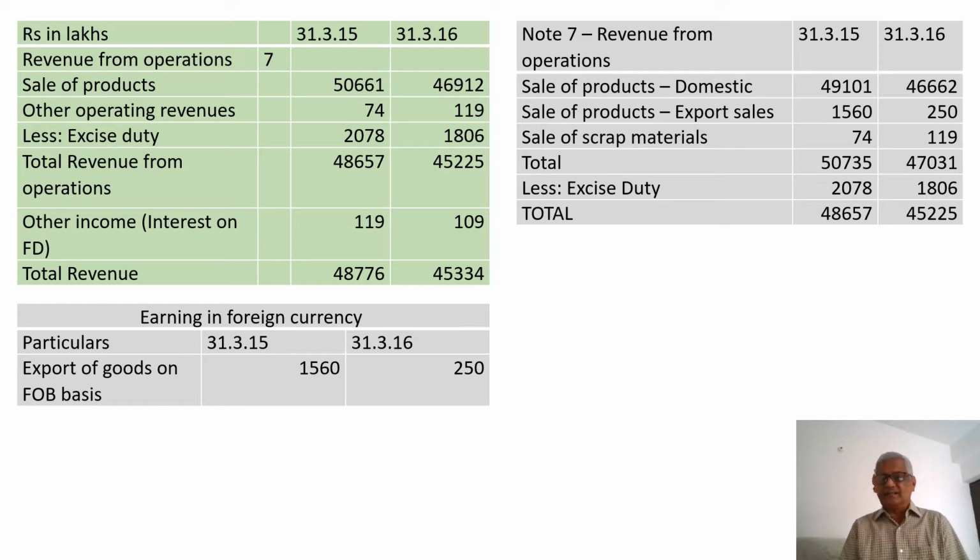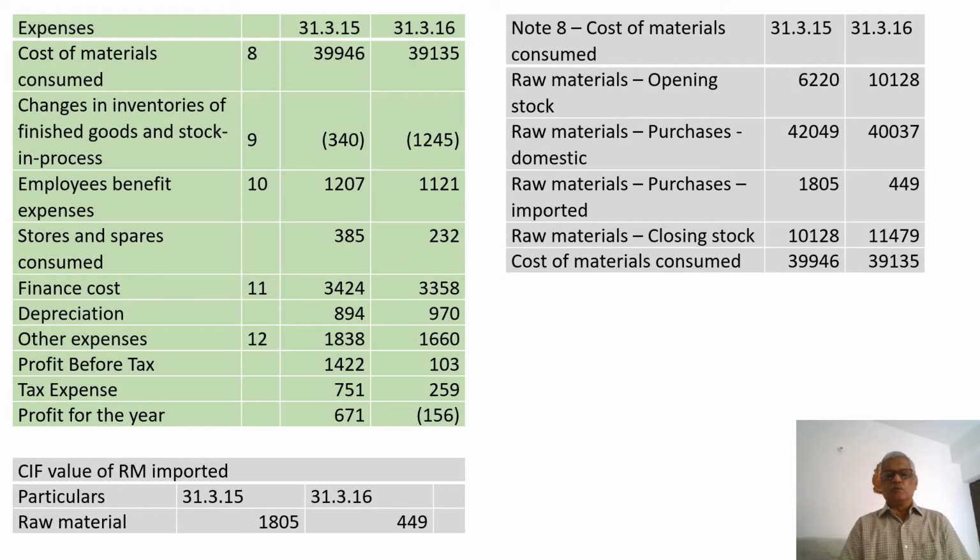So there, the income from sale of products is actually divided into two. One is the domestic sales and another one is export sales. Then comes the sale of scrap material, the total is added, less excise duty. That is what gives you the total revenue from operations. Other income is not taken here because note number 7 talks about the revenue from operations only. Let us now move on to the